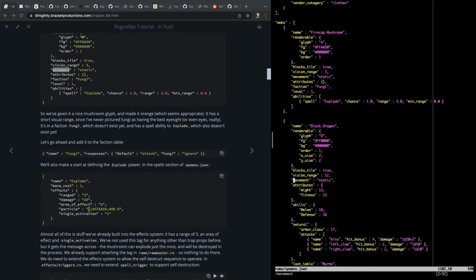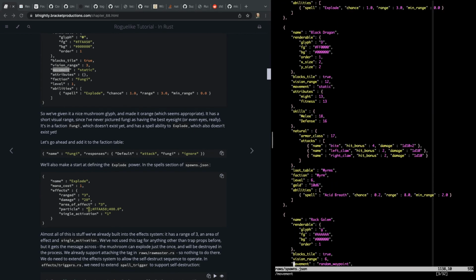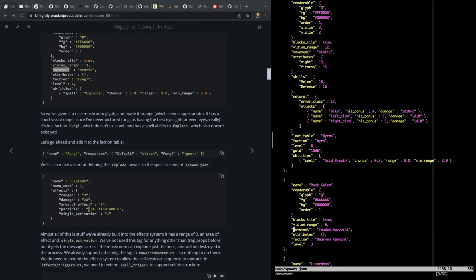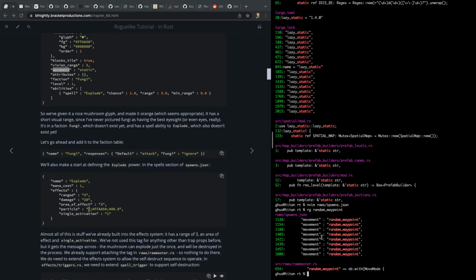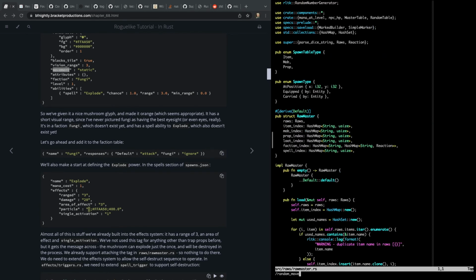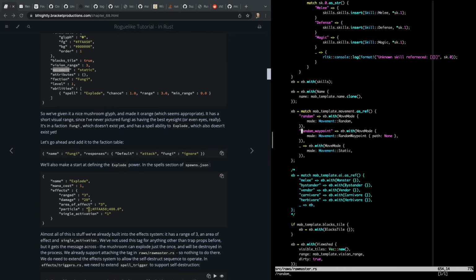Oh. I guess static movement doesn't mean what I think it means. Here's random waypoint, so we should be able to see that. Yeah, so in Raw Master, there we go. Oh, random waypoint. Yeah, so movement mode static for anything that's not. So I guess static movement just means. All right, this is another place where we're going to dig into the code here